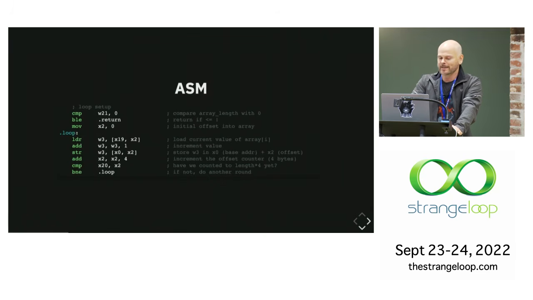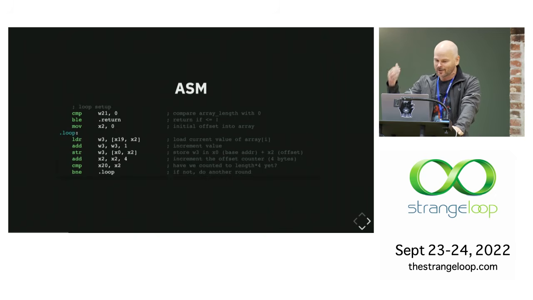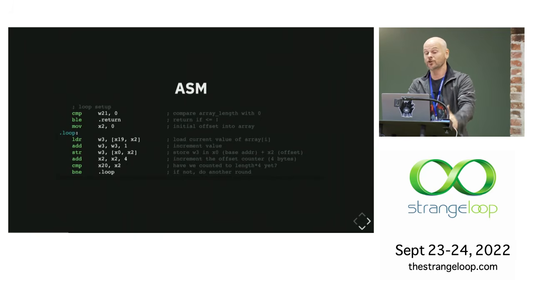Great, now I want a loop. This is what a loop looks like. Notice we're on the second page, and all I'm doing is incrementing some numbers, right? So I come through and I do a comparison. Okay, is this register that I put this value in 0? If it's less than, I jump to return. You can't see return. It's on another page. There's a third page. So I move 0 into this other register, and I go through here, and bang, bang, bang. I'm not going to bore you with the whole thing. I'm bored just talking about it. Imagine how I felt writing it.